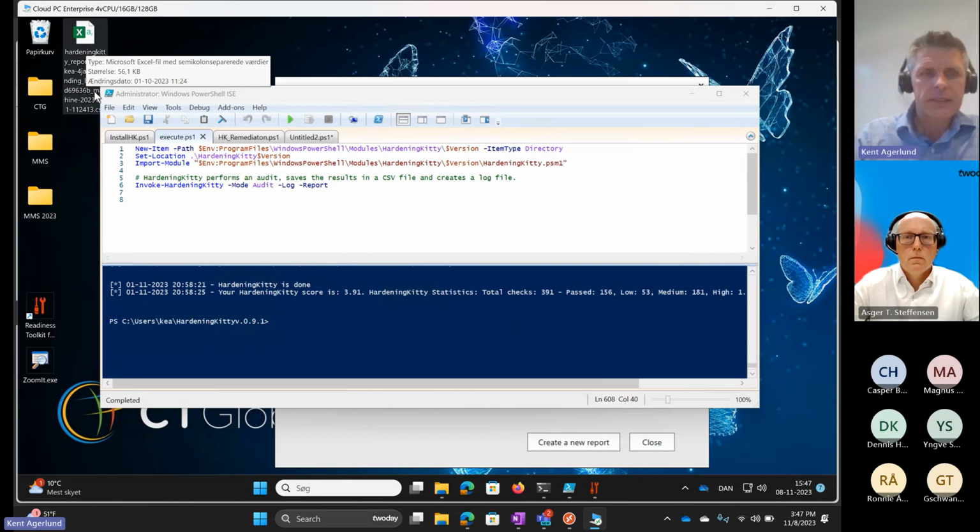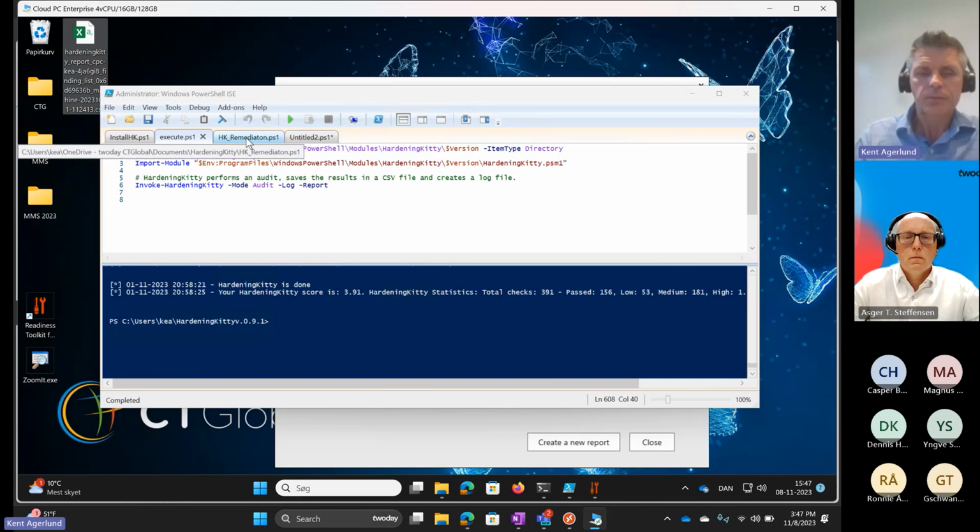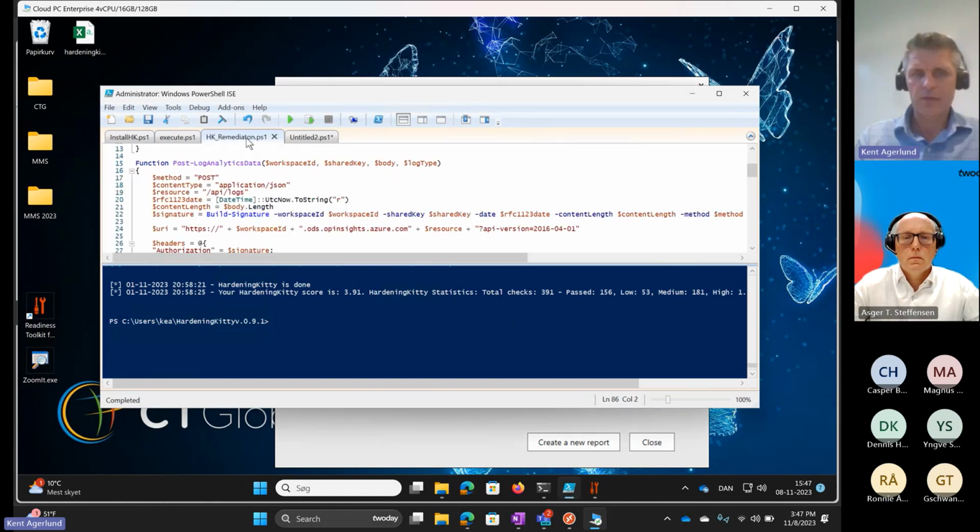Now, this is how I would normally execute Hardening Kitty. So I would just invoke Hardening Kitty, say I want to do this in an audit. You can also configure settings if you wanted to do that. But what we do in order to get some information is that we have just modified the script slightly,